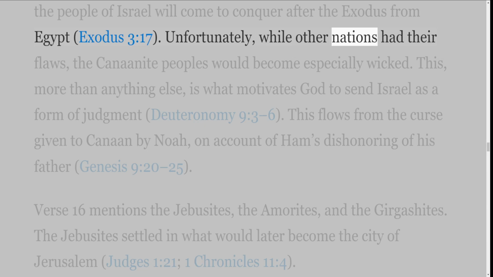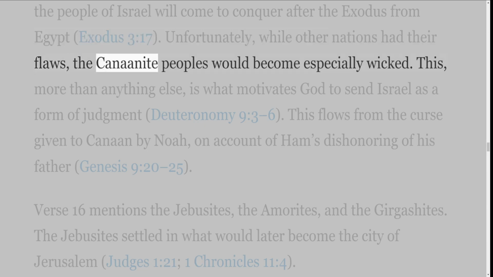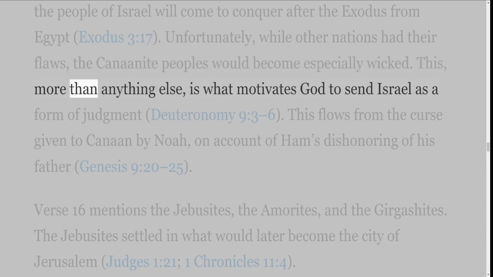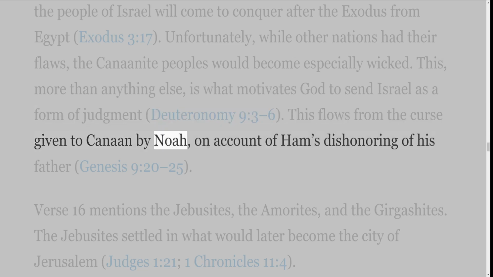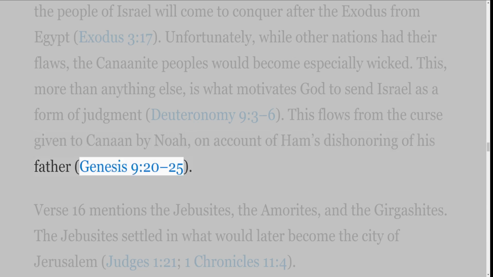Unfortunately, while other nations had their flaws, the Canaanite peoples would become especially wicked. This, more than anything else, is what motivates God to send Israel as a form of judgment, Deuteronomy 9 verses 3-6. This flows from the curse given to Canaan by Noah, on account of Ham's dishonoring of his father, Genesis 9 verses 20-25.